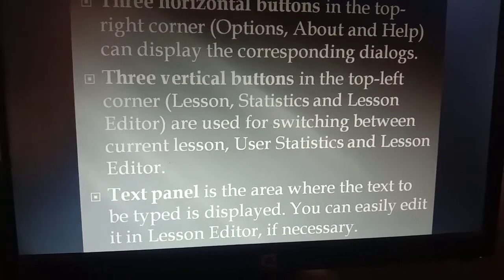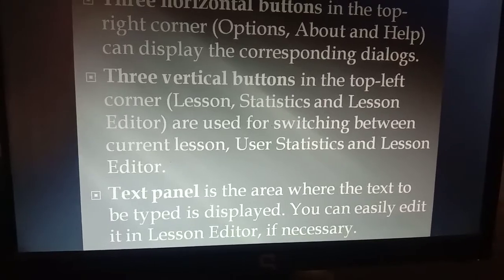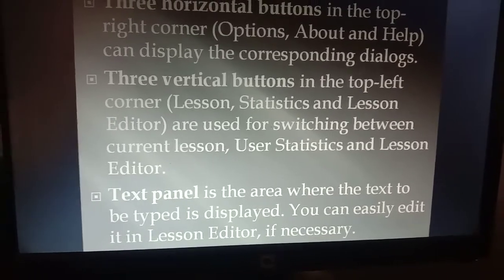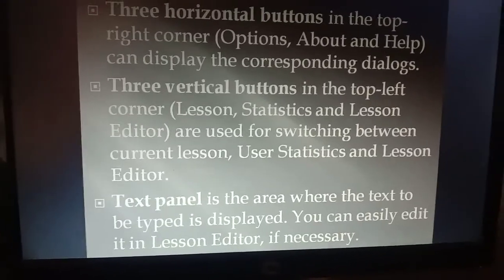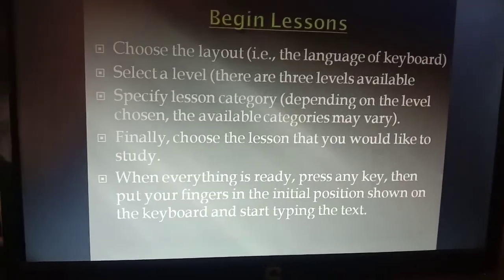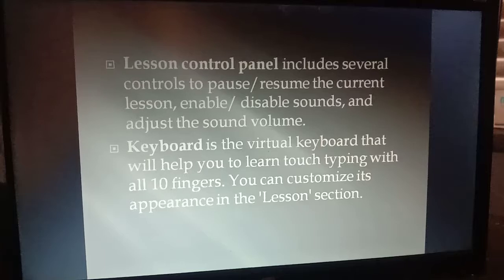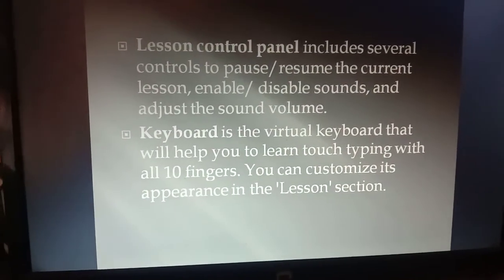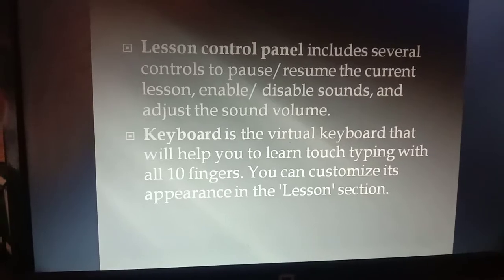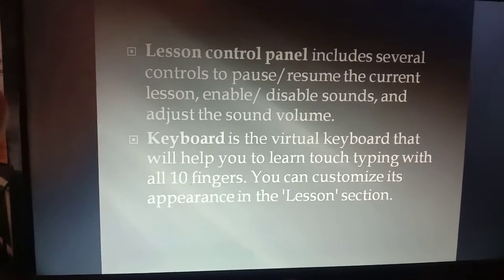Now next is your text panel. The text panel area is where you can simply type. This is basically known as the text editor or text panel. Next is the lesson control panel. The lesson control panel basically includes the controls to start, pause or resume the current lessons.